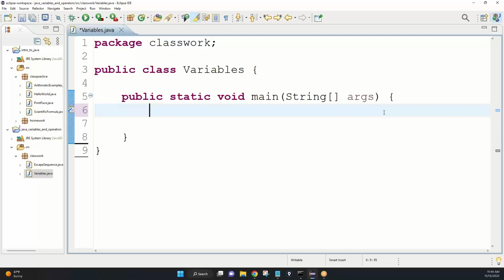So what is a variable? Let me do a block comment, that was /* and do all the notes here. By the way, all this information is available on the PowerPoint. What is